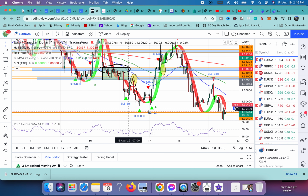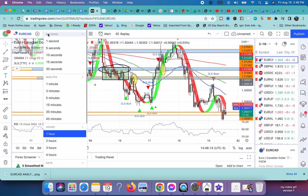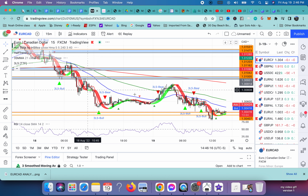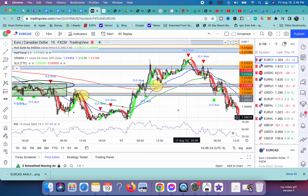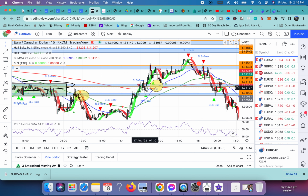So if you look right here where I got in on this trade, let's go look at this. Go down to the 15-minute chart again, right? Even on the 15-minute chart, look right here, even more confirmation from the 3-line strike right here, boom. And then if you look at the 50 here, guys, where I got in about right here,